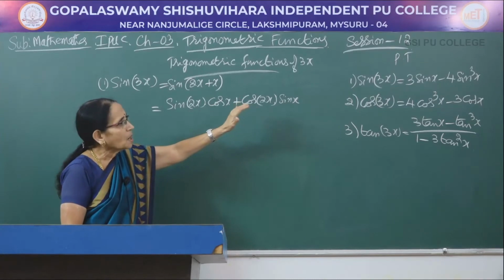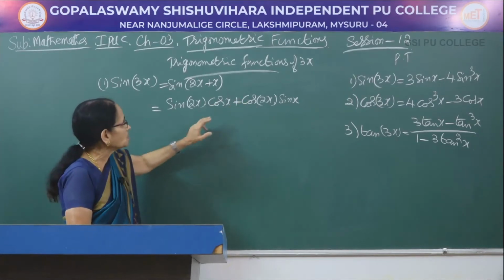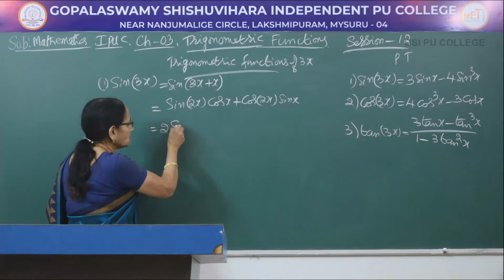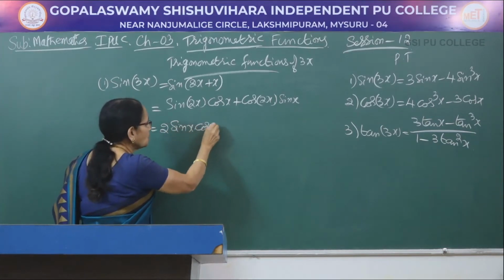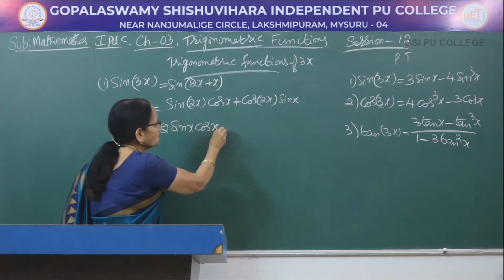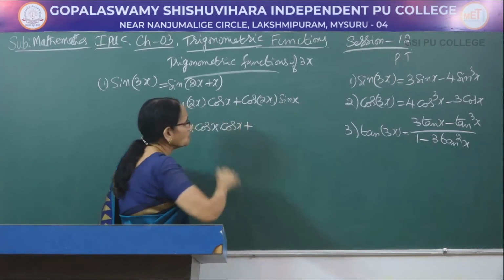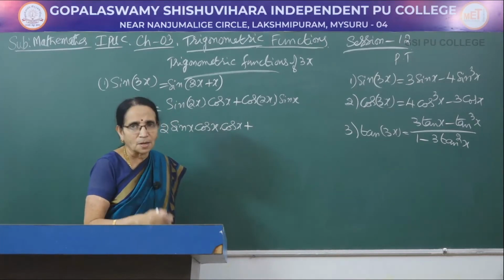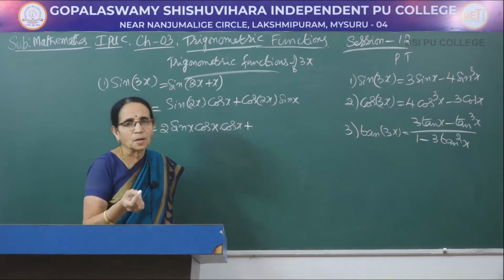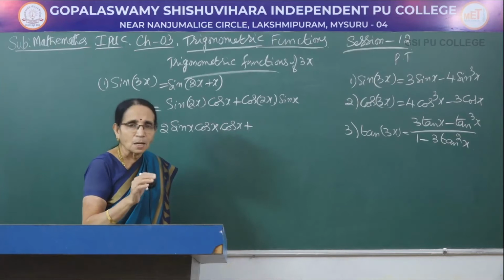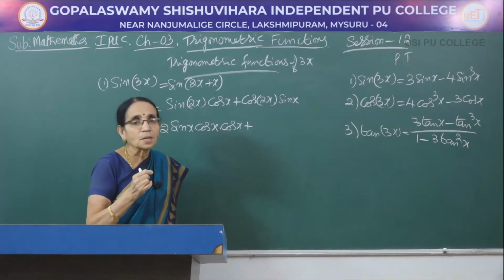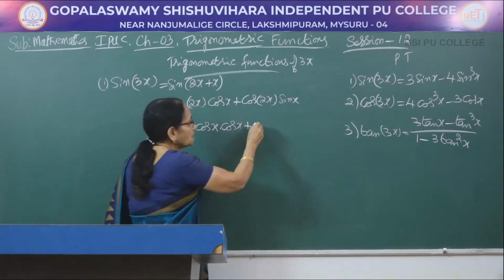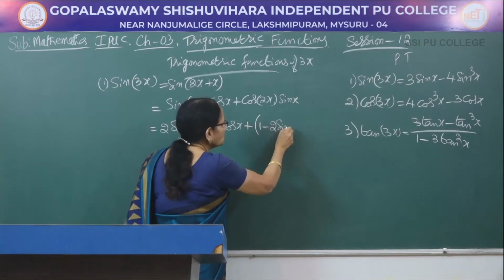Now you observe, we have to express only in terms of the sin function. So first we write the formula for sin of 2x. We have one formula, that is 2 times sin x into cos x. For this I am writing this, and this cos x you write as it is. Come to cos of 2x. As you know, it has got three different expansions: cos square x minus sin square x, or 1 minus 2 sin square x, or 2 cos square x minus 1. All of them have the same value. Whichever we need in a particular problem, we can take that one. Since we want to express everything in terms of sin, I select this one, 1 minus 2 sin square x.